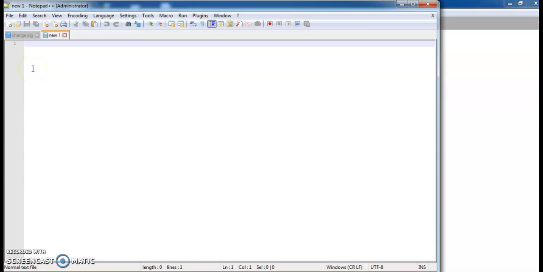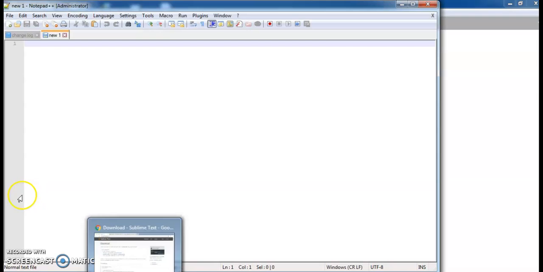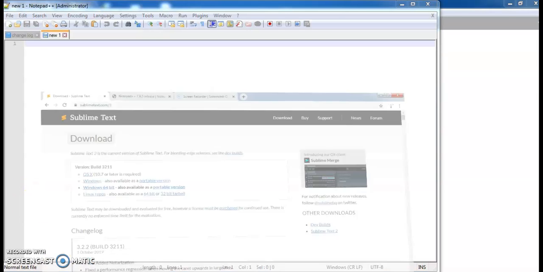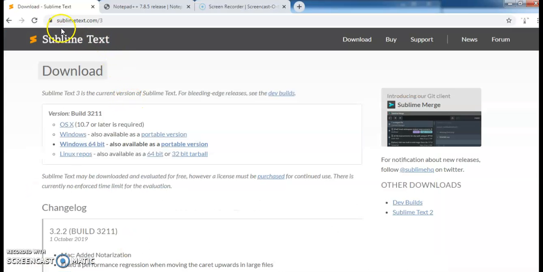So any of the editors you can use. It will not affect your final project work. Ultimately, it has to work together with the browser that you will be using. If you don't have it on your computer, you can download it easily. These files are not very heavy. If you want to download Sublime Text 3, you just need to type